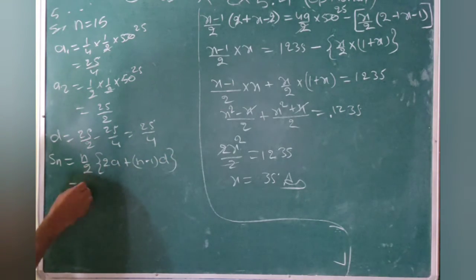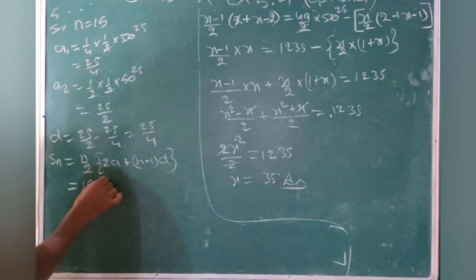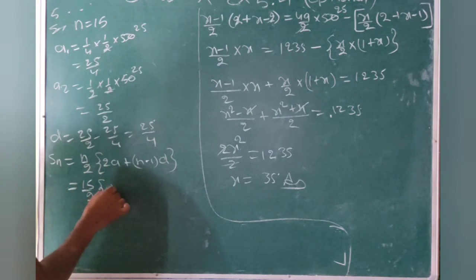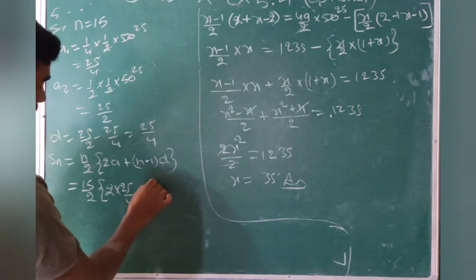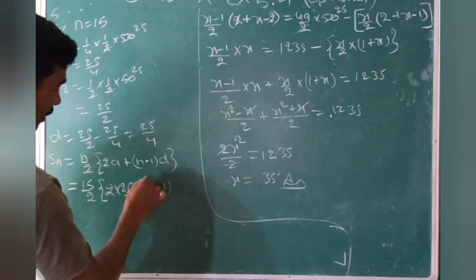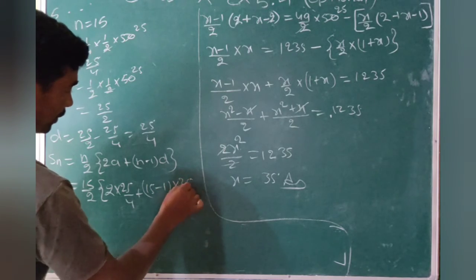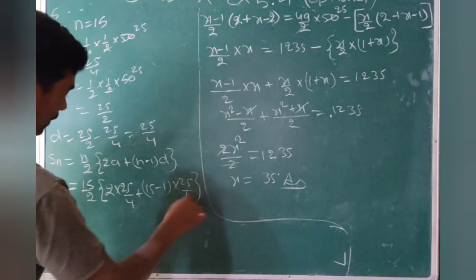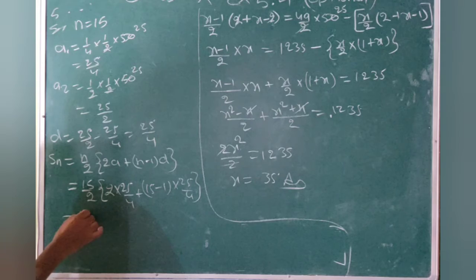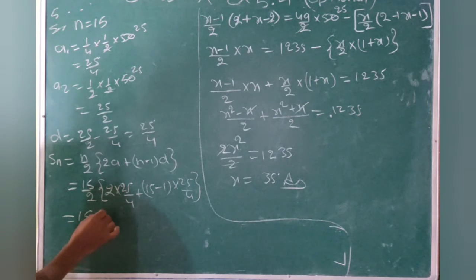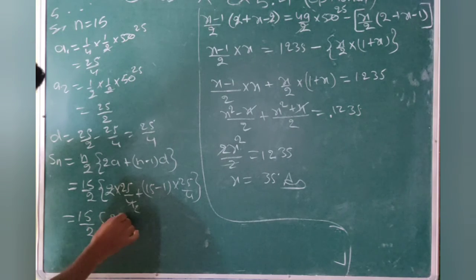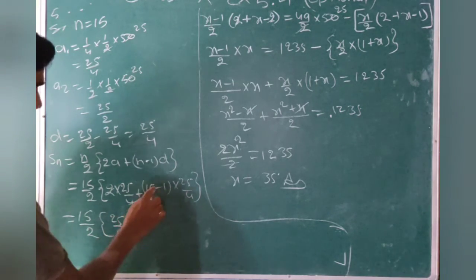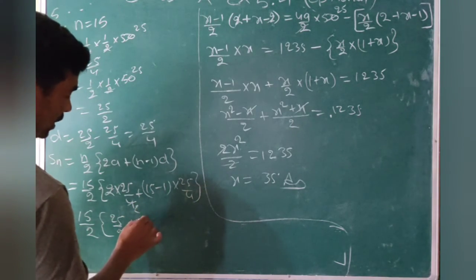So n is 15/2, that 2 into 25/4 plus (n is 15 minus 1) into 25/4, that 15/2, that 2 into 25/4 is 25/2, plus that will be 14, cancel by that one,